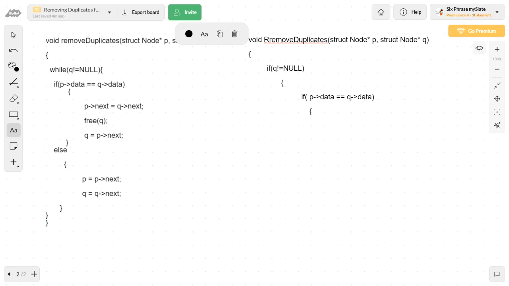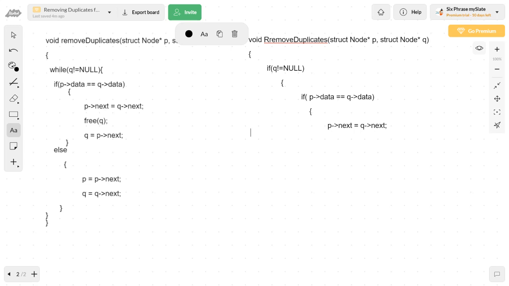So p of next equal to q of next, that I need to do manually, because there is no argument called p of next. But q equal to p of next, q is one of your arguments, right?